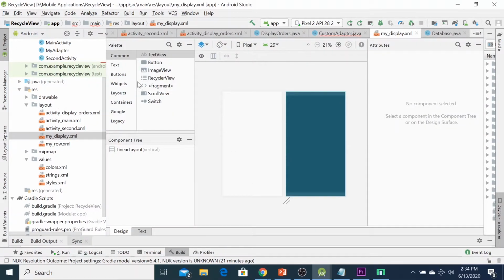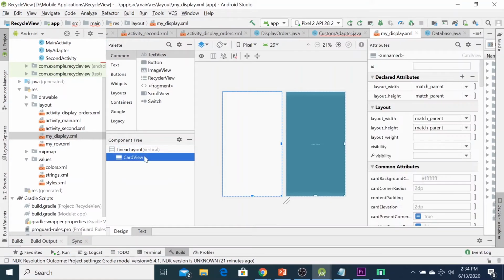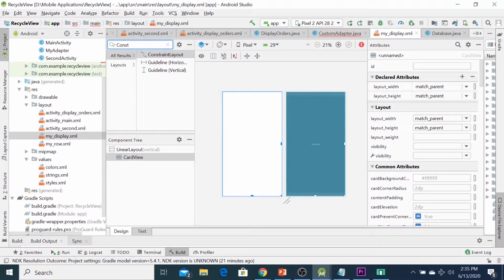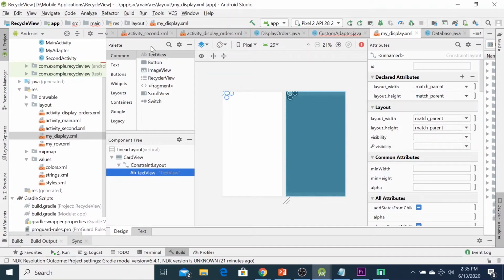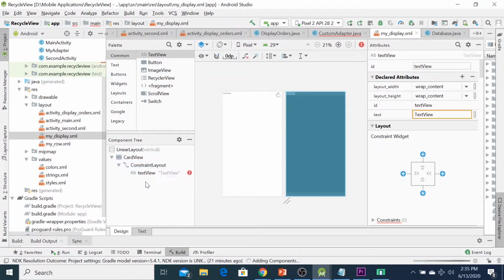You can select a card view like this, and then you can put the constraint layout. Okay. You also can add the text view. Let's say a view here.